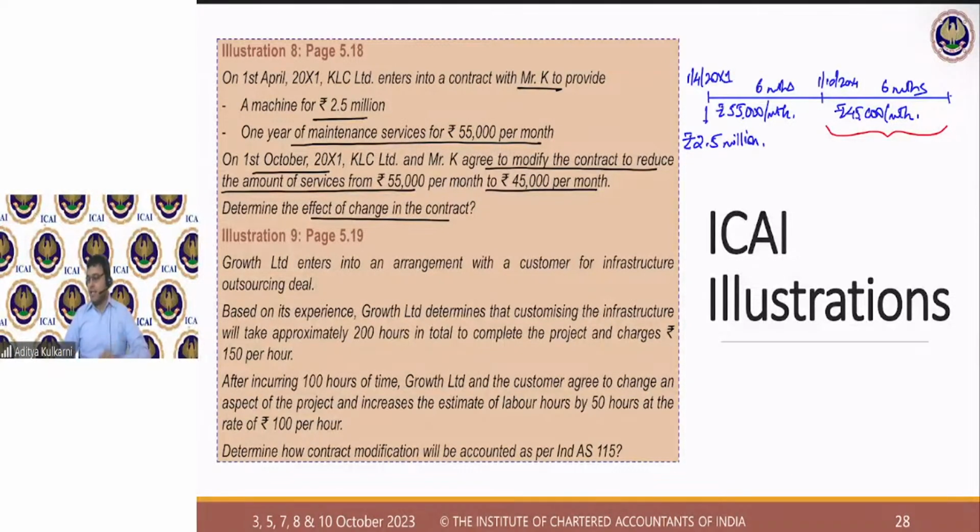All right. Now, what I want you to answer: the services provided in this 6-month period, are they distinct from the services that are provided in the prior 6 months? Are they distinct from the services in the prior 6 months?